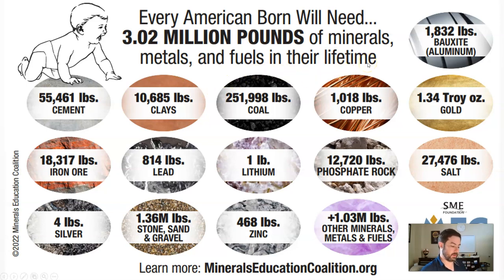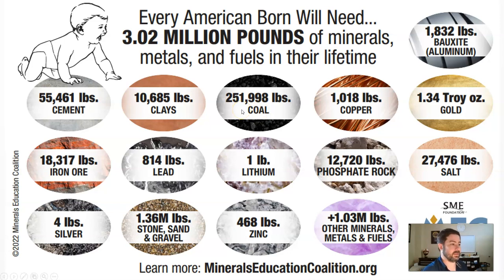Everything that we use, that we need, that we have, that we throw away, that we buy again, if you add all that up, 3 million pounds of stuff needs to be ripped from the ground. For each person, for each American. We use a lot, we waste a lot. So, for instance, bauxite is a mineral, and that's how we get aluminum out. We extract aluminum from bauxite. So we need 1,800 pounds of bauxite, 55,000 pounds of cement, all the clays and coal that goes into electricity generation and other things that we utilize,